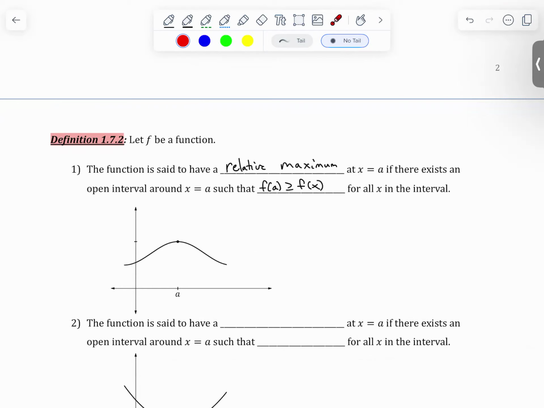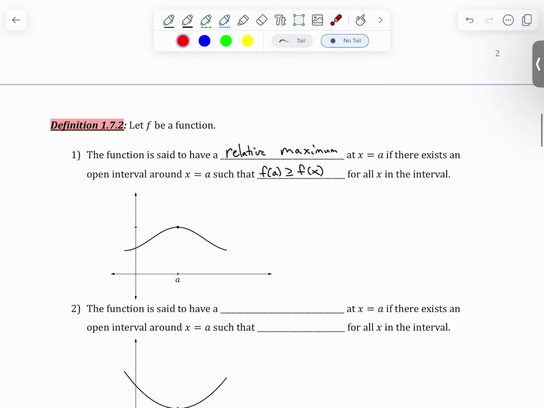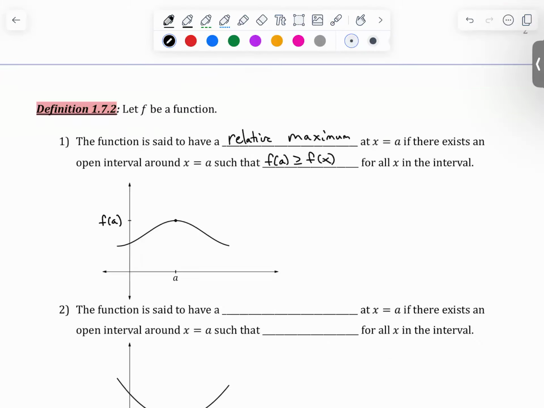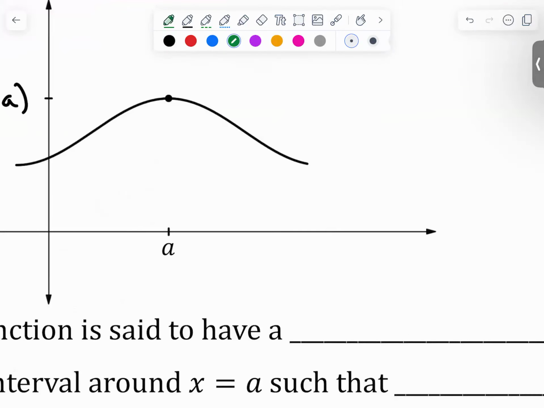So intuitively, it's the person at the top of a hill. So let's look at this right here, that is a, and then this would be f of a. And so we know a point is a relative maximum if there exists some open interval. Now, you could have multiple, but you can just pick an open interval around a. And if you look at the y values on that piece, you'll see that all of them are